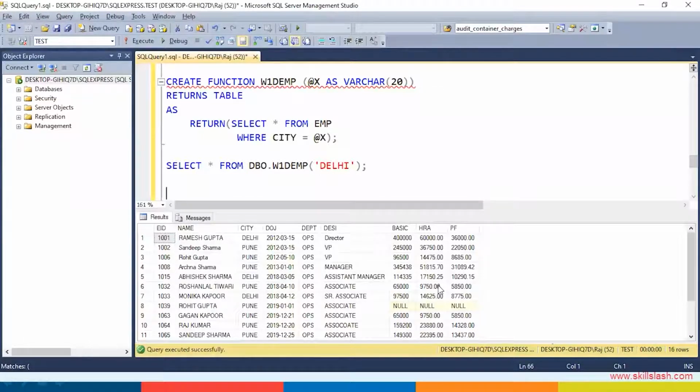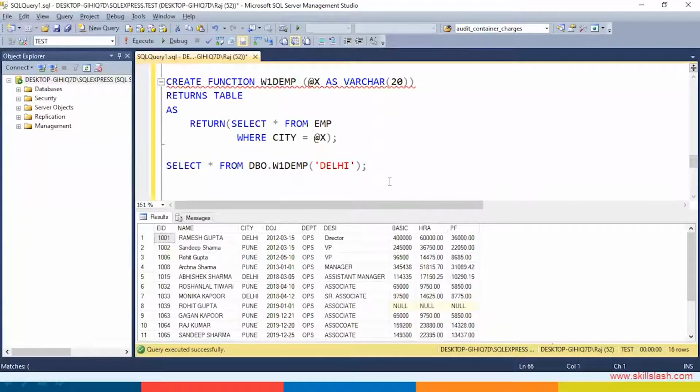This is with the help of DBO, database object, that SQL can recognize that it is a user-defined or a database function. So database object, the object which has been defined within this database only. So I have created this function W1DEMP within the dataset test. So it will be used only within this dataset.